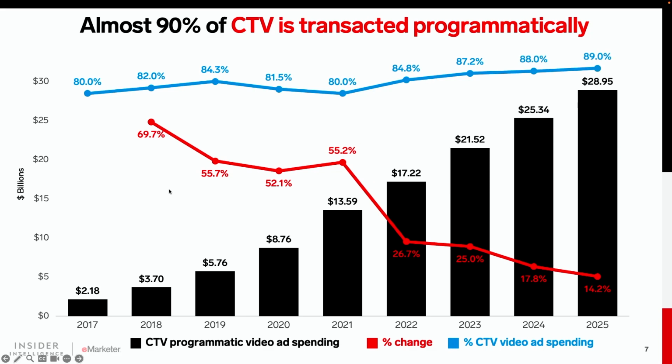And back to that 90% figure, so this blue line shows just how much of total CTV inventory is transacted programmatically. And we see this rising from 80% to almost 90% during this period. Now, I often talk about how CTV is similar to TV, but in this regard, they're actually quite different, and in a way that favors CTV when it comes to all the benefits and even some of the risks that come with programmatic. So on the plus side, you have better targeting, better measurement, and better attribution capabilities compared with